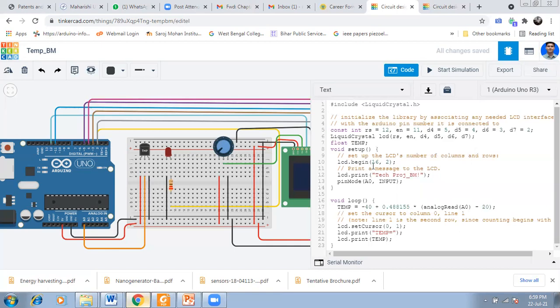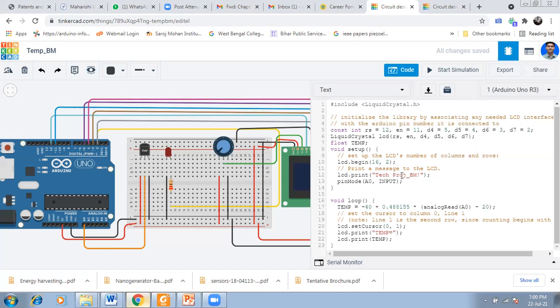That means we are using an LCD which has 16 characters with 2 rows. We are defining what sort of LCD is being used here, setting up the LCD's number of columns and rows. So 16 columns and 2 rows.